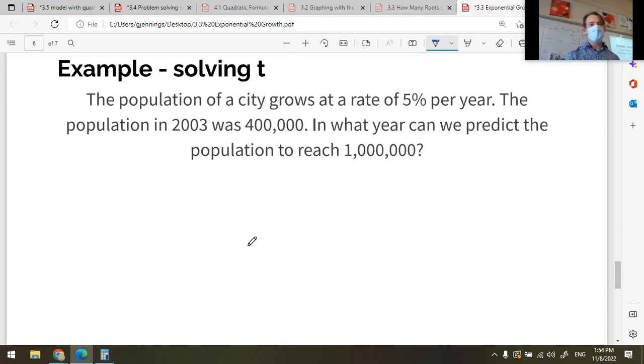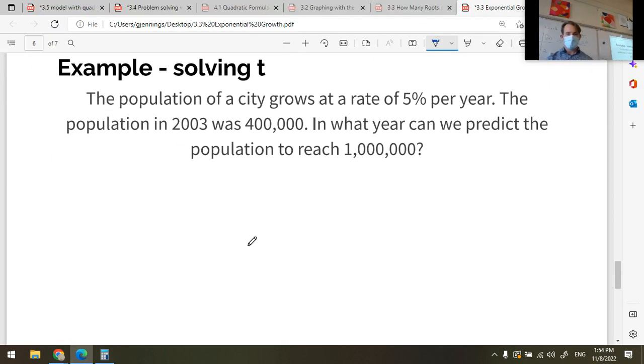In this question, we have to solve for t. All right, so the population of a city grows at a rate of 5% per year. Write down your numbers as you find them. My r is equal to 5%, which is equal to 0.05. Maybe you circle these things per year, so we're measuring by year. In 2003, I'm not really sure what to do with the date right now, so I'm just going to leave that. I know what to do with it, but I don't want you to be confused. Was